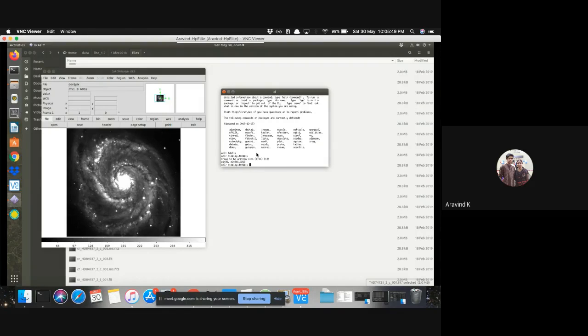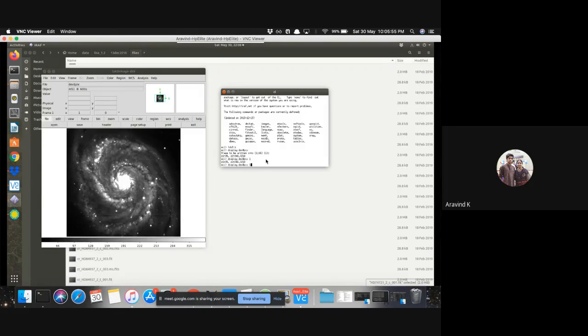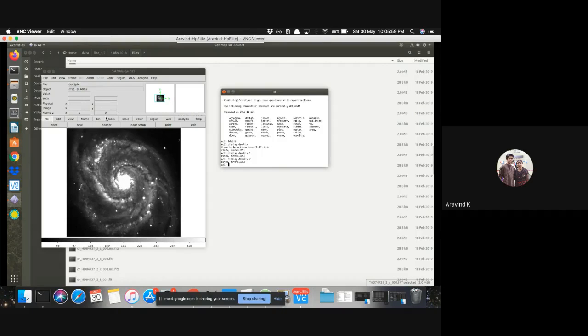In this example, I can do display dev$pix 1, which displays it in the first frame. Display pix 2 displays it in the second frame. Now I can blink them. Since it is the same image, you cannot tell it is blinking, but you can see here that it goes frame 1, frame 2, frame 1, frame 2.